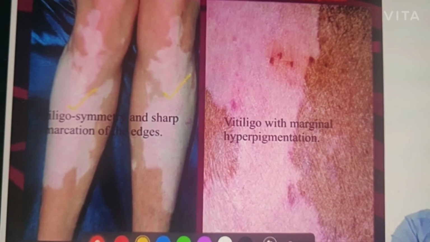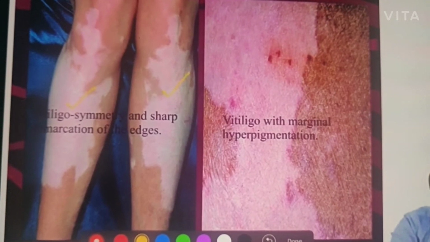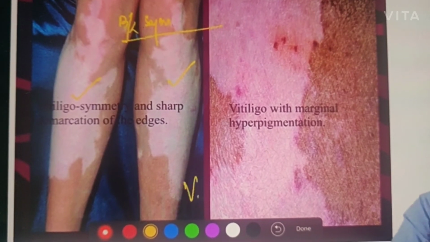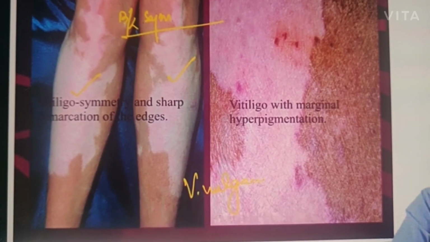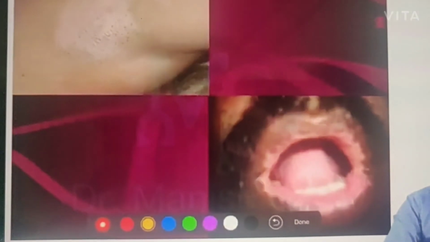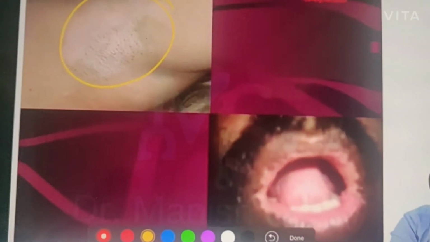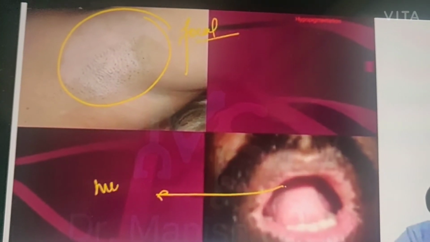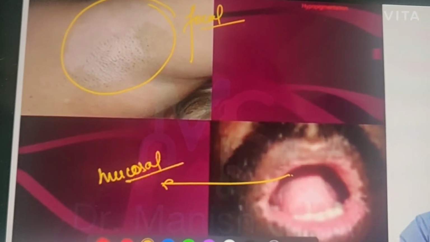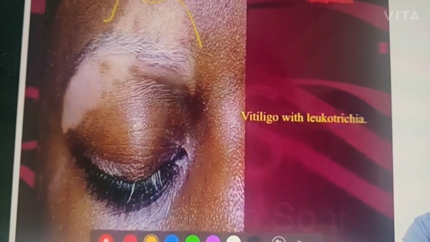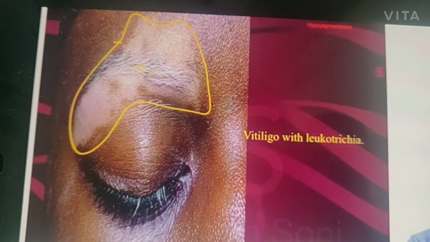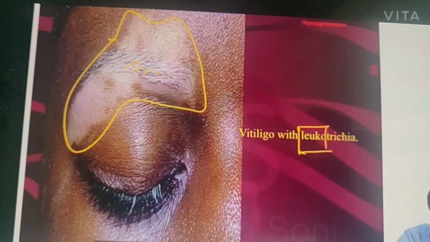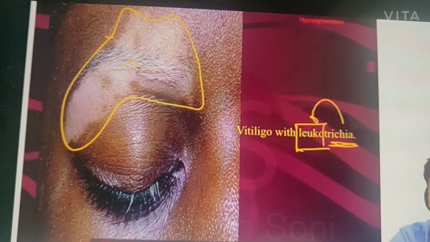This is a case of vitiligo where you can see this depigmented lesion which is bilaterally symmetrical. Such bilaterally symmetrical lesions are seen in vitiligo vulgaris. So this is a case of vitiligo vulgaris. If it is localized to one small area, we call it focal type. If it is involving mucosa, we call it mucosal type. In this patch, sometimes you will find that the hair follicles are also white in color. This is known as leukotrichia. Leuko means white, trichia means hair. So hairs are also white.